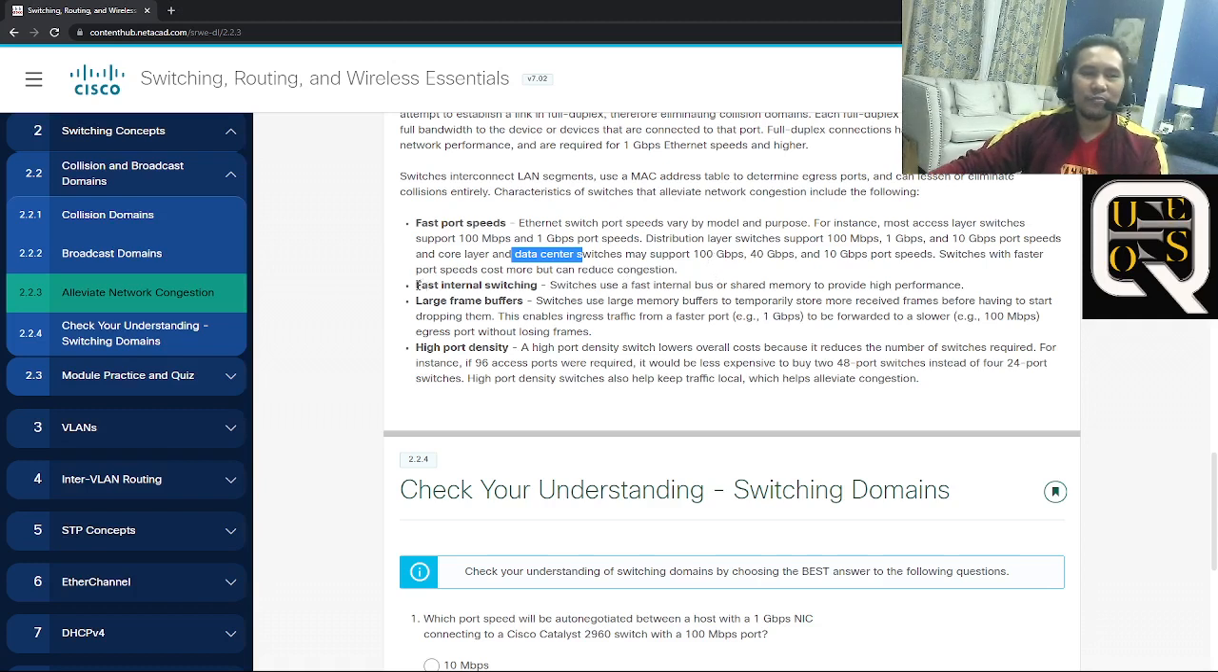Now for fast internal switching, switches use a fast internal bus or shared memory to provide high performance. Okay? And then we have the large frame buffers. We use large memory buffers to temporarily store more received frames before having to start dropping them. So that's why this enables the ingress traffic from a faster port to be forwarded to a slower port, 100 Mbps. They can store everything without losing any frames, and then forward it to a 100